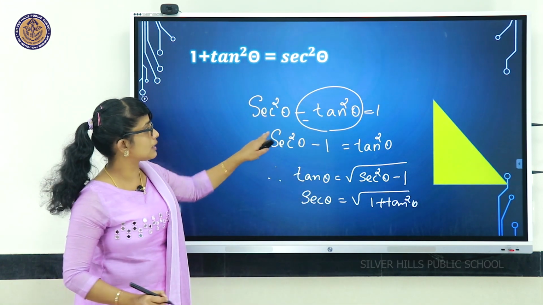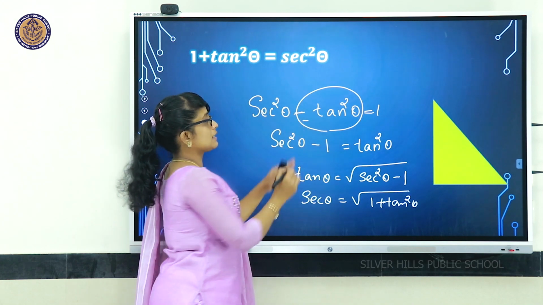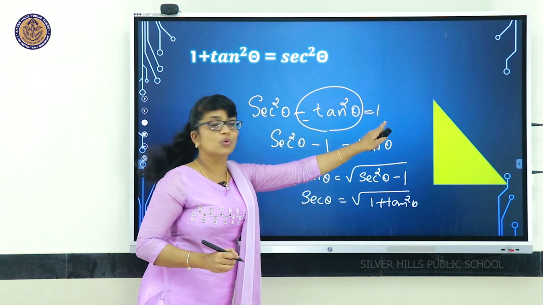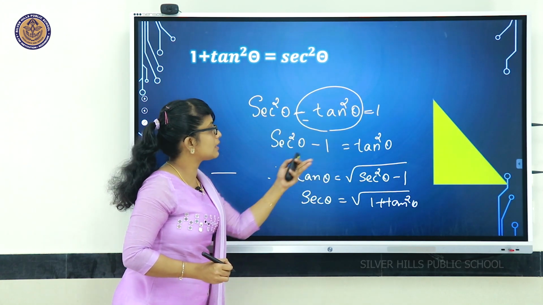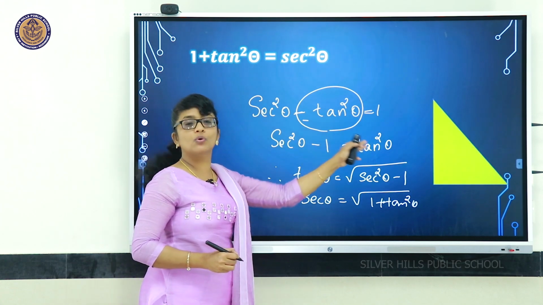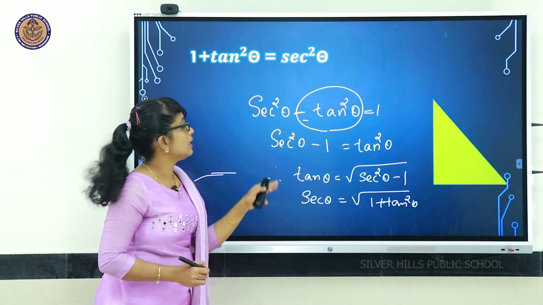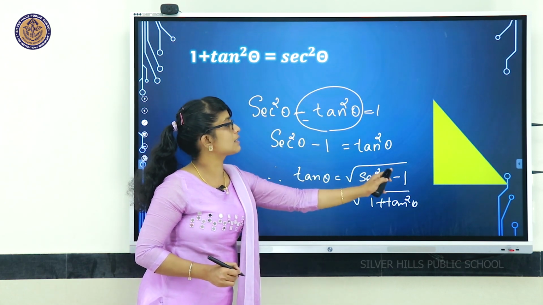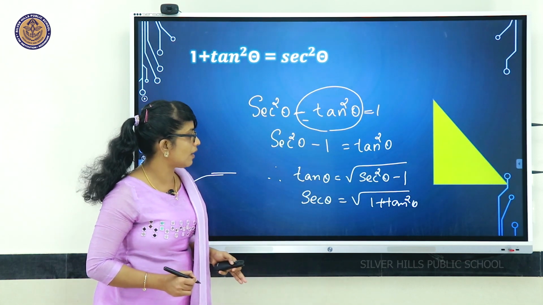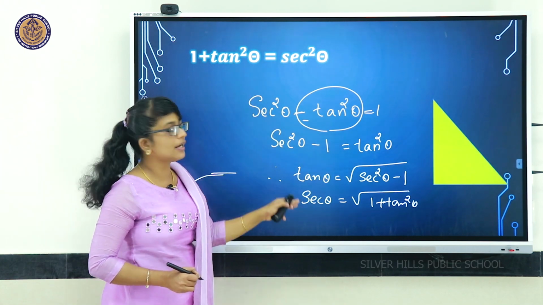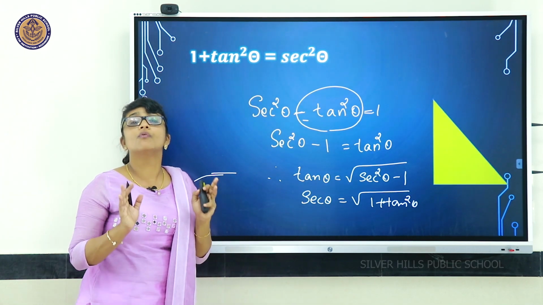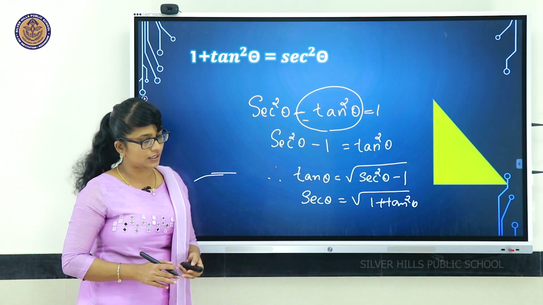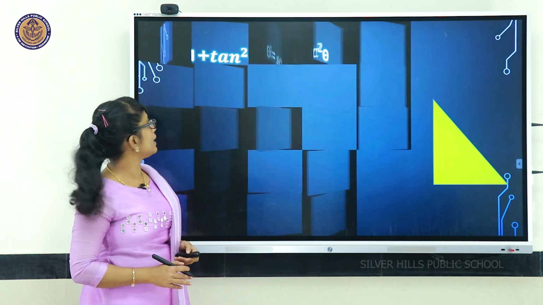Sec square theta minus tan square theta equal to 1. Sec square theta minus 1 equal to tan square theta. Then tan theta equal to root of sec square theta minus 1 and sec theta equal to root of 1 plus tan square theta. Then one more identity,